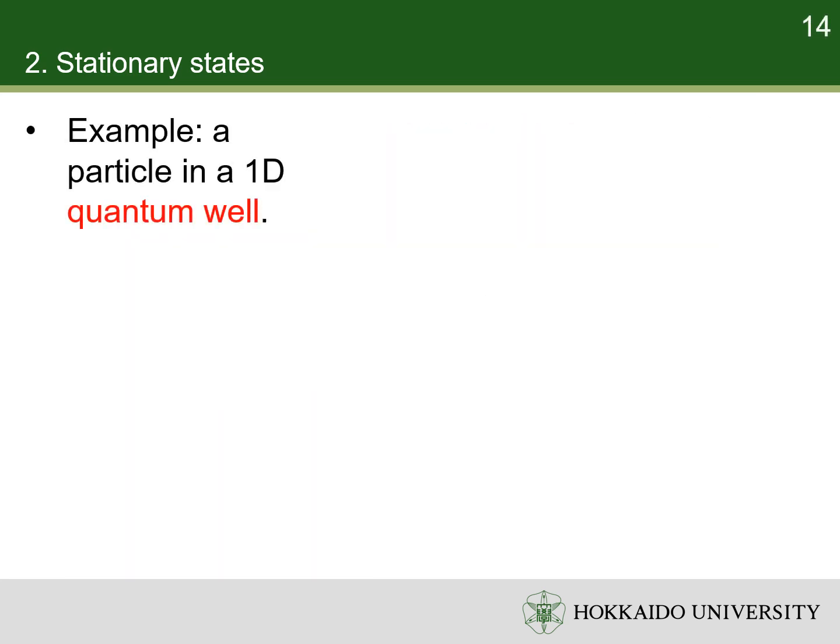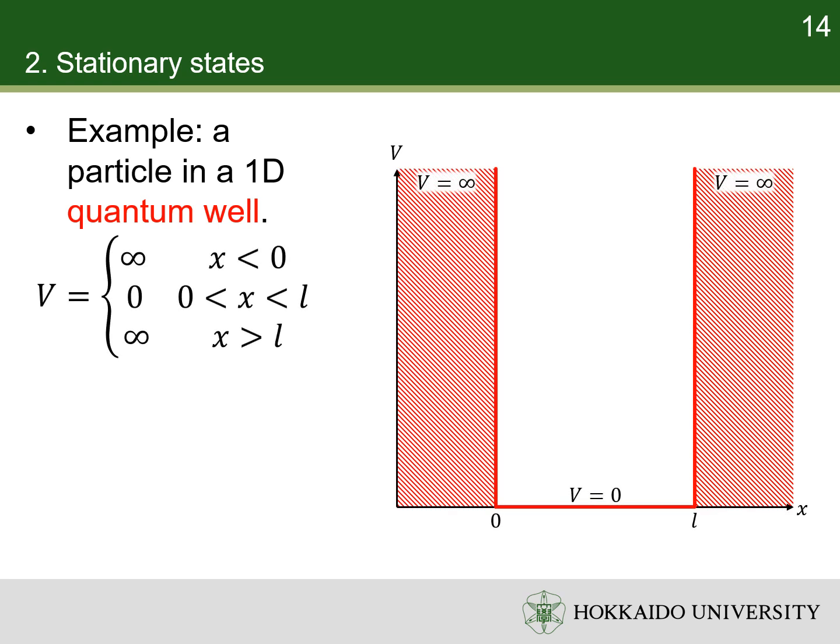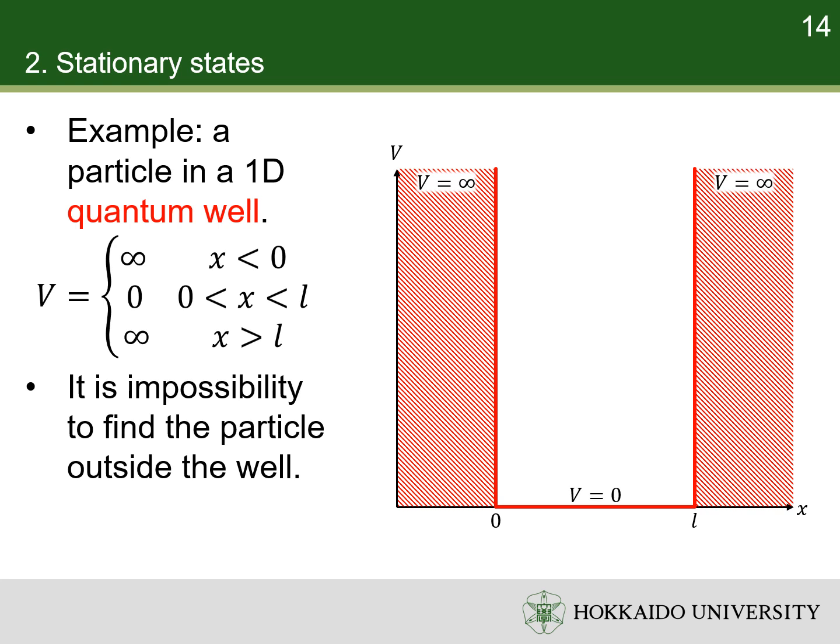The particle in a one-dimensional infinite quantum well is the simplest system where the Schrödinger equation has analytical solutions. That is, the energy levels and stationary states can be found exactly. The infinite well is defined as having zero potential energy inside a certain region and infinite potential energy outside. It is impossible to find the particle outside the well, because the particle must have a finite energy. Thus, the wavefunction is zero outside the well.